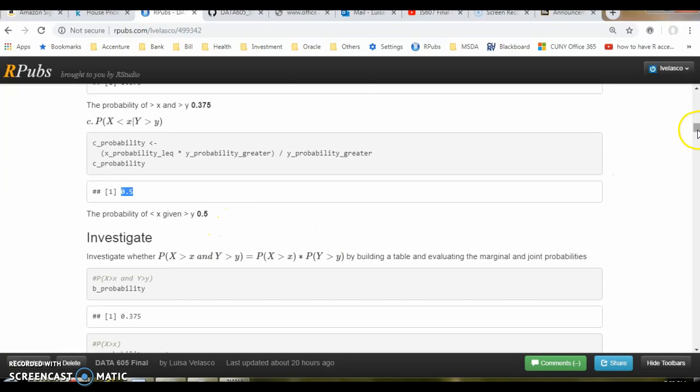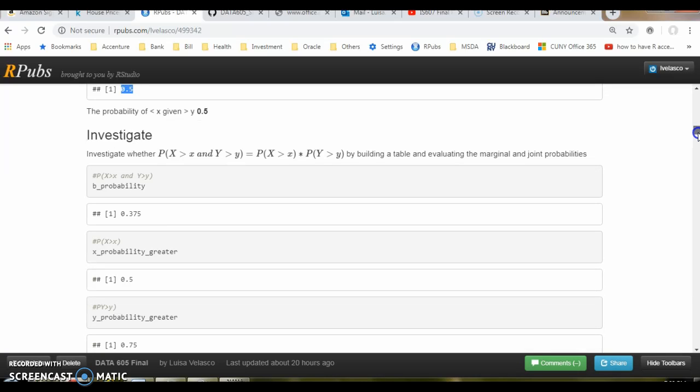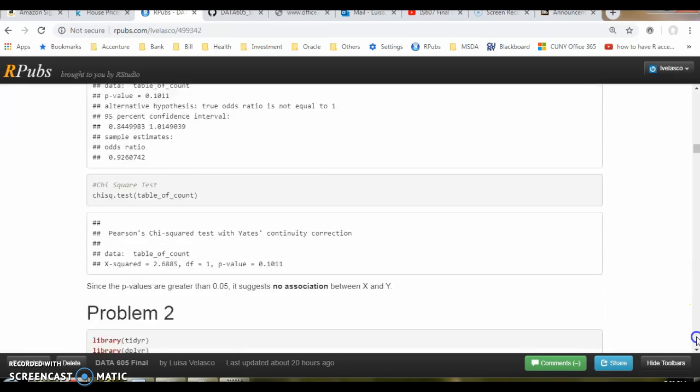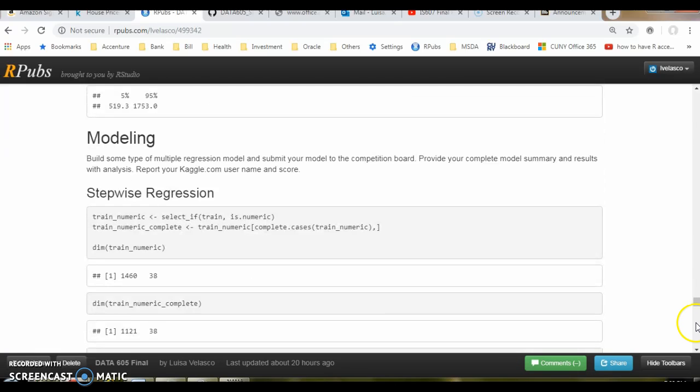So next section, we'll investigate whether the probability of x and y is equal to the probability of x multiplied by the probability of y. And for x and y, we have 3.75 as calculated above. And for x being greater than the median, we have, sorry,